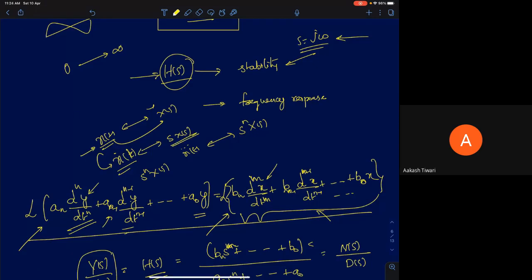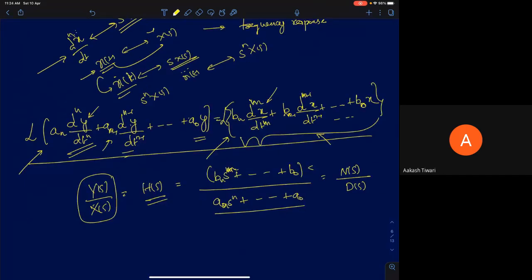Similarly, if I take a function which is n times differentiated, the nth derivative of x of t, the Laplace transform of this will be s power n times X of s. This generally holds true, and you will have some additional terms as well, but generally, if the initial conditions are 0, this result holds true. This is fine for us. So I'm going to use this condition on both the sides.